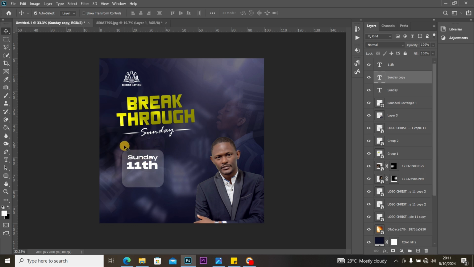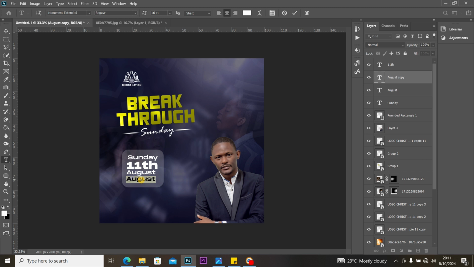Then Ctrl J to create a copy of this Sunday text, and I'll position it here, and I'll type in August like that, and I position it here so it lines up, and I'll create a copy of the August text, and I'll position it here,